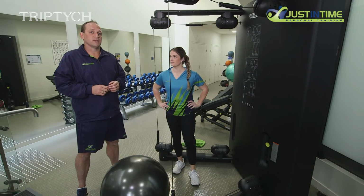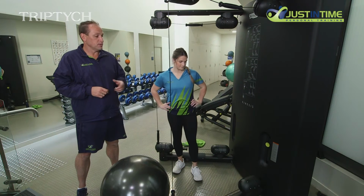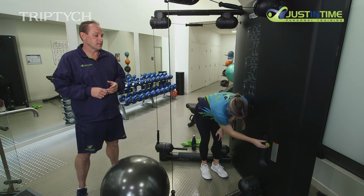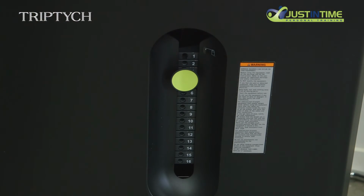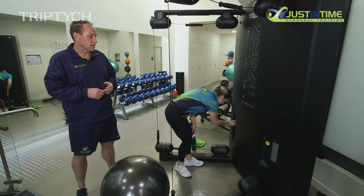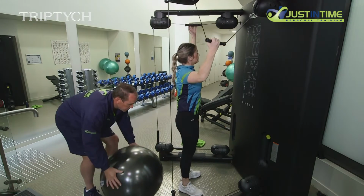One great exercise that we can do on here is called the lat pull down. Now, first of all, I need to introduce you to how to use the weight stack. Now, Courtney, if you could head over to the right arm there, you will notice that there's number 1 down to 16, and I'd like you to take that to a number 3. I think we'll do the trick on your right arm, 3 on your left arm. And then if you can grab the top 2 handles there, I'll get you to sit on this Swiss ball,